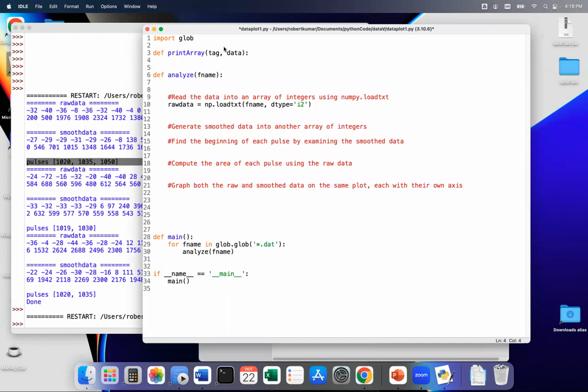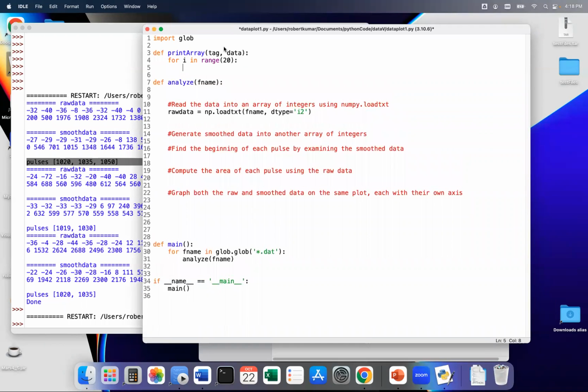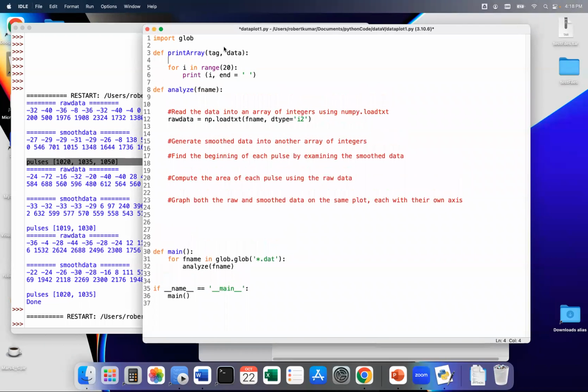basically you can do something like for i in range. Let's just say I'm going to put 20 here, no comma, 20, print. And then also I'm going to put here print